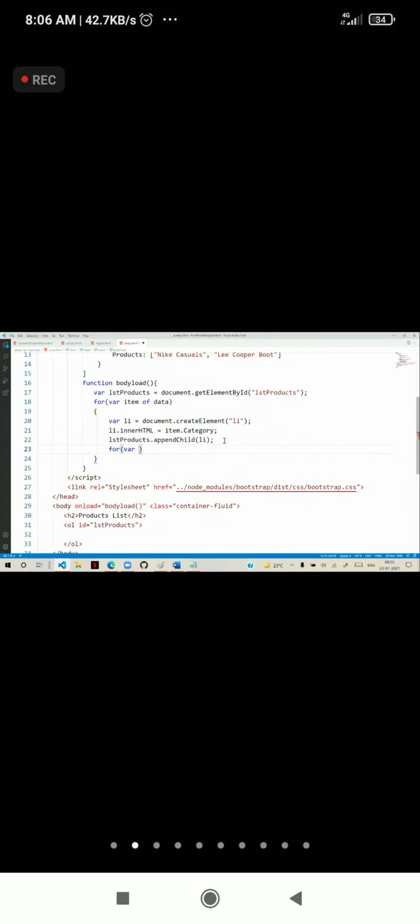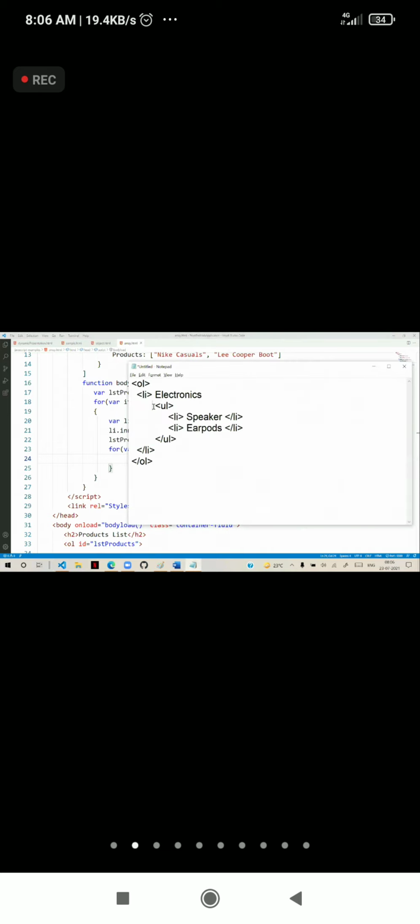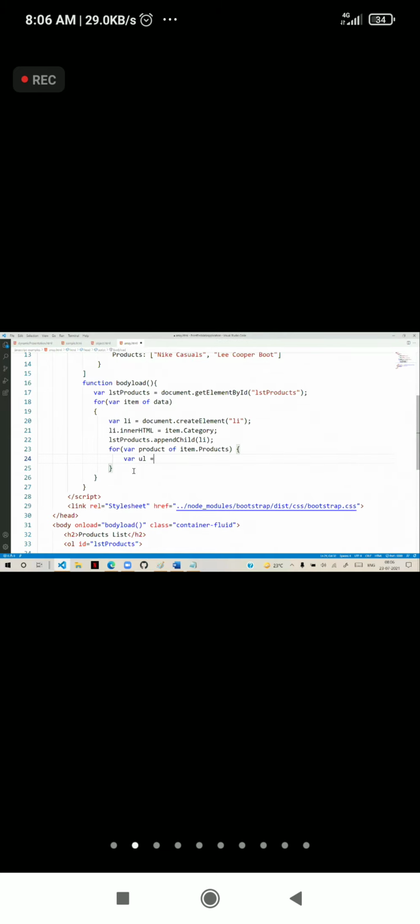So for product of item.products, and for every product, we need to define an unordered list and add into the unordered list. That means we have to create an unordered list now. How to create an unordered list? So var ul is equal to document.createElement ul, unordered list is created.